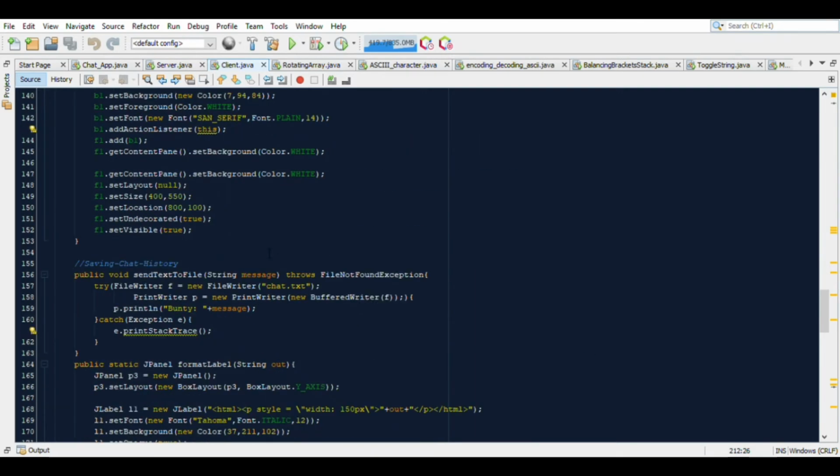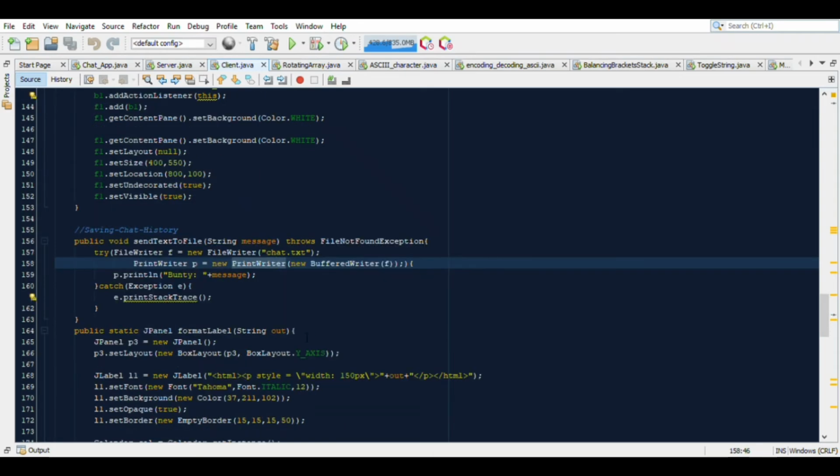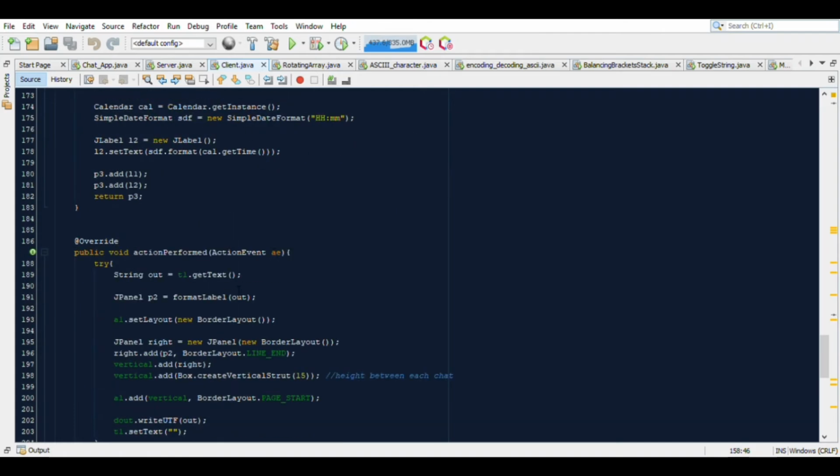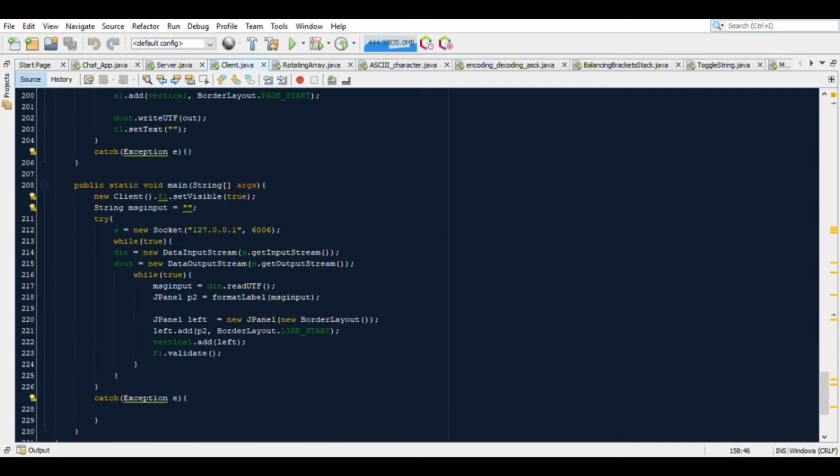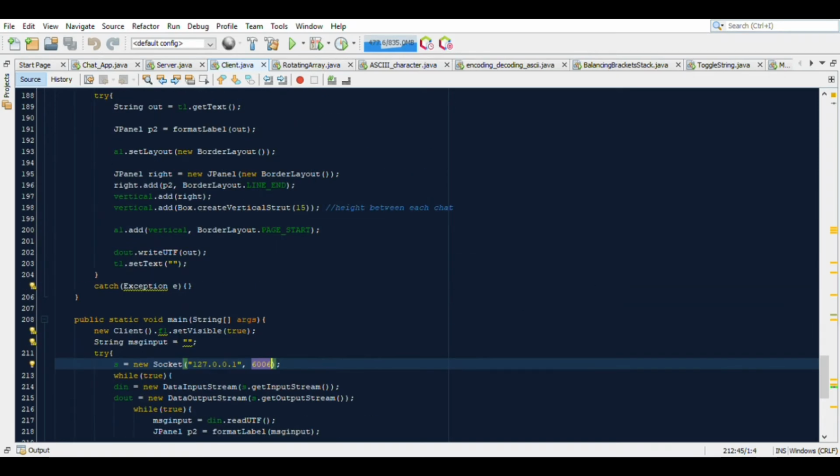The only change is that I have changed the name of the user. In the main class, I have used the socket class, which will send the instruction to the server class that this will be the local host IP address on which the application will run, and this will be the port on which the communication will happen.